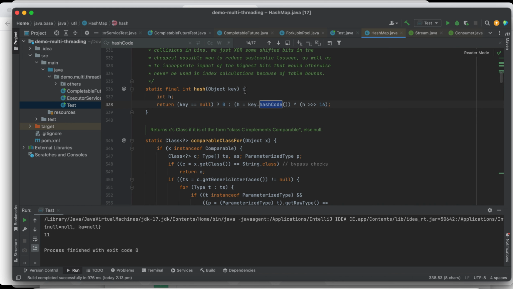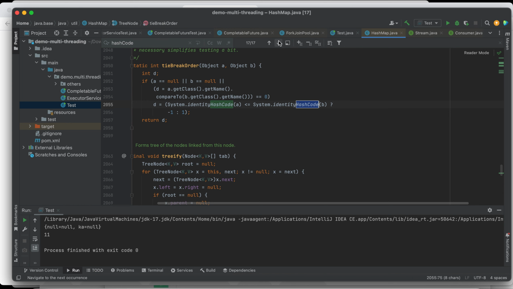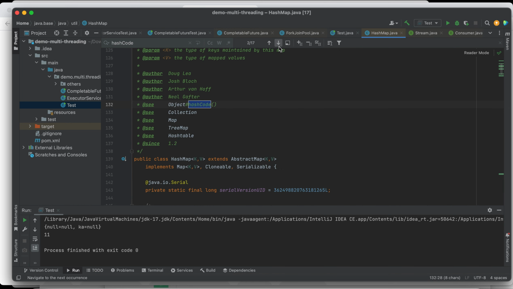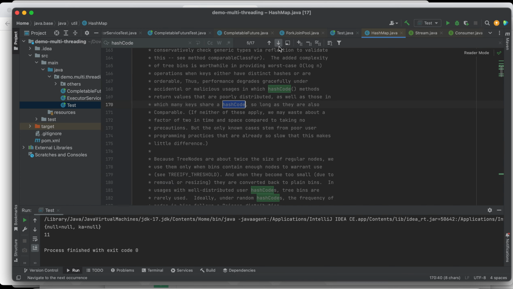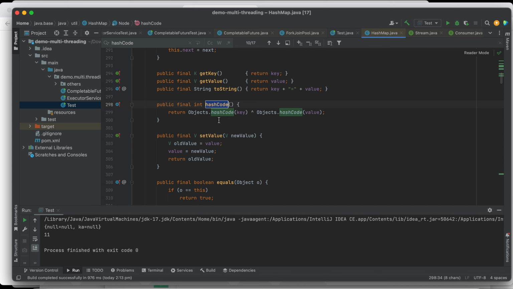Basically this hash. Yeah, I think this one.